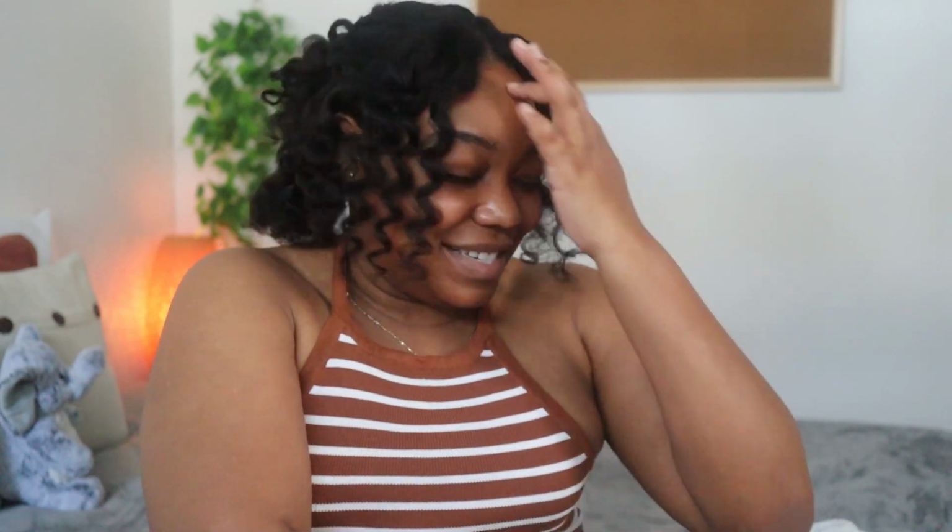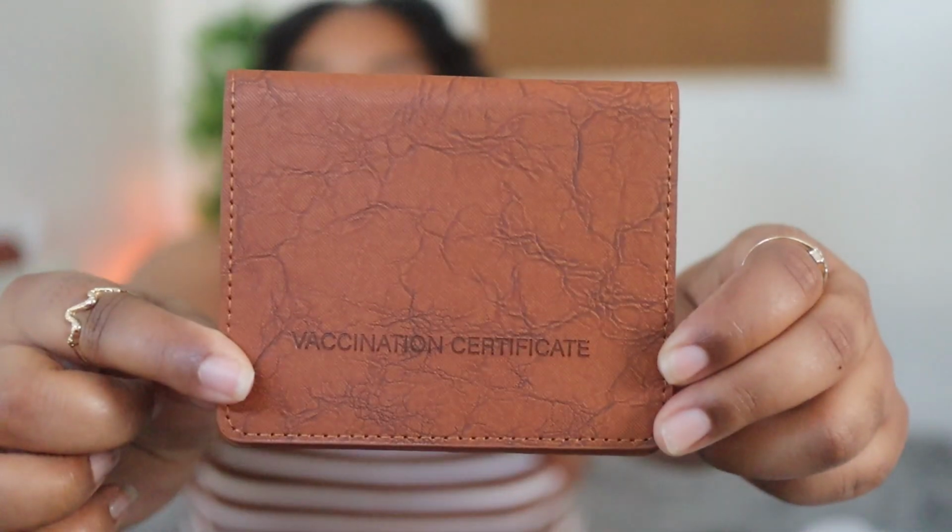Okay, so the next thing I have, which is a little less exciting, is my badge for work. So to be honest, I hardly ever wear it, but I do have it with me, so it's there. Next, I also purchased this off Amazon. This is a vaccine card holder,